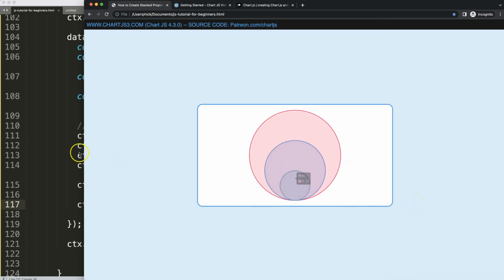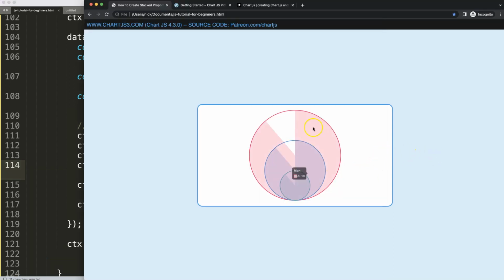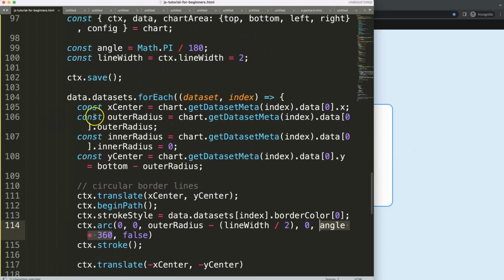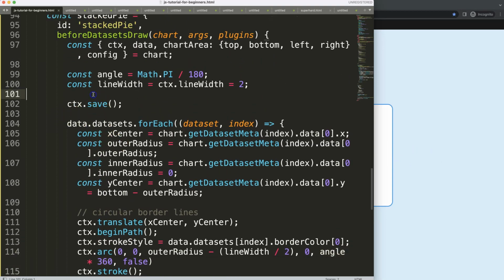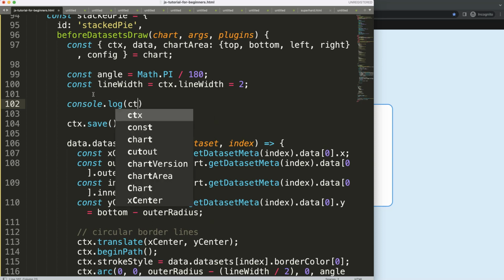Alright, so what I want to do now is get the swipe effect. To get the swipe effect, what we have to do here is, in the arc, when we draw this, we need to have here, let's see, probably, let me double check. Well, what we need is this one. Sorry, I was just looking, our ending angle. Because what we're really having here is a rotation that keeps on being redrawn. And for getting the ending angle, I'm going to give you a console log. And in this console log, we're going to say here,